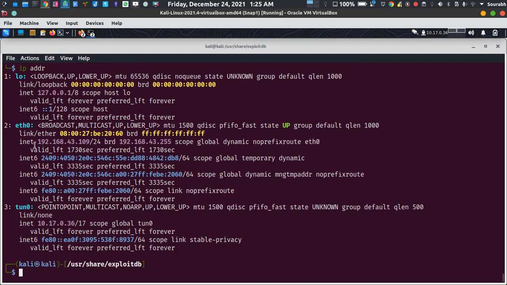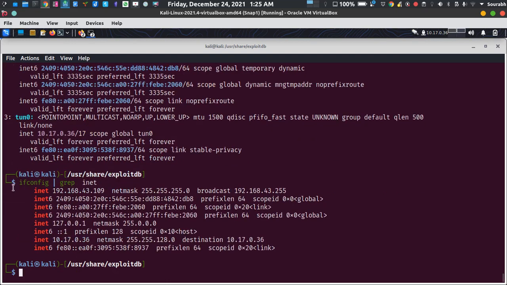Under this you find your IP in the form called inet. Let me find the IP in a crisper manner. If I type ip addr, pipe, grep for grabbing that particular output, and inet, it's going to show you the result in a much crisper manner.